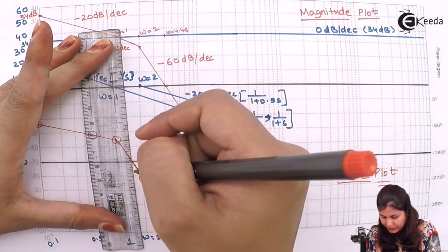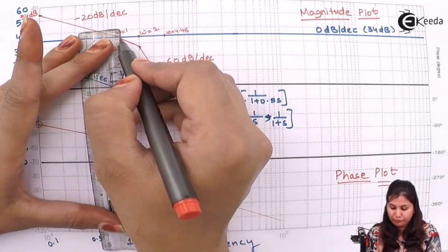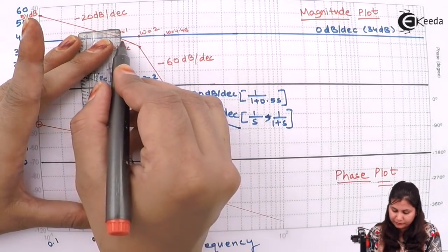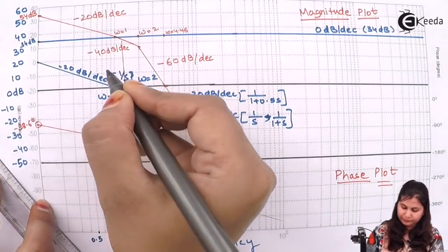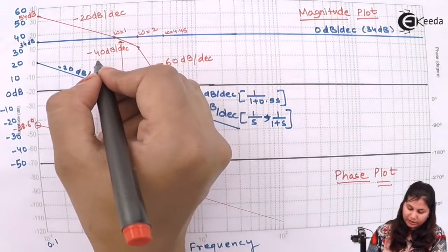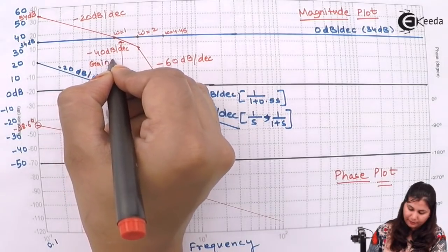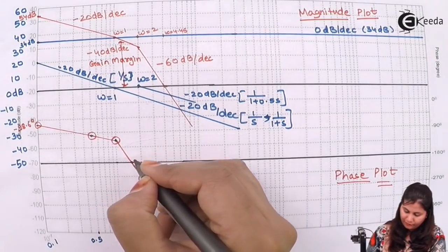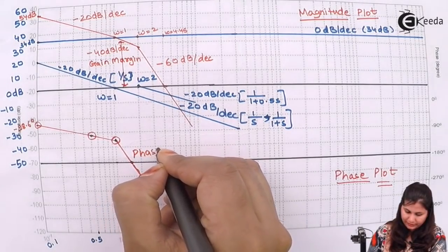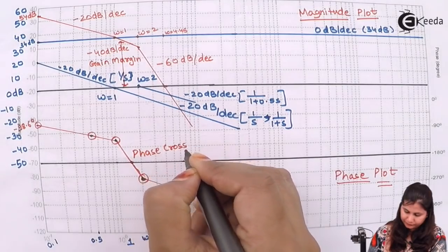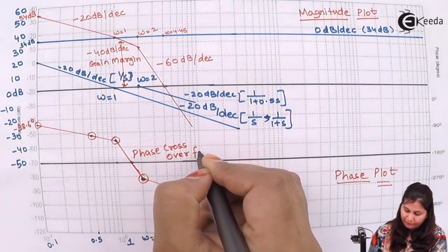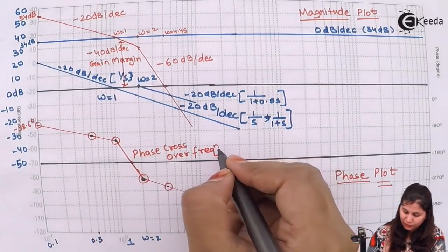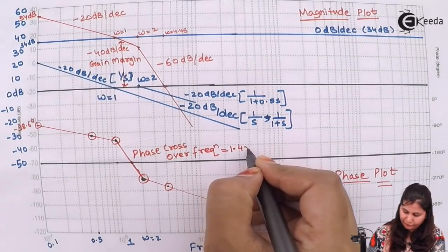At this frequency, the difference of the magnitude plot from the 0 dB line is the gain margin. So this is the difference, this is the gain margin. And this frequency is the phase crossover frequency. When we calculate this frequency through this scale, the phase crossover frequency comes out to be 1.4 radians